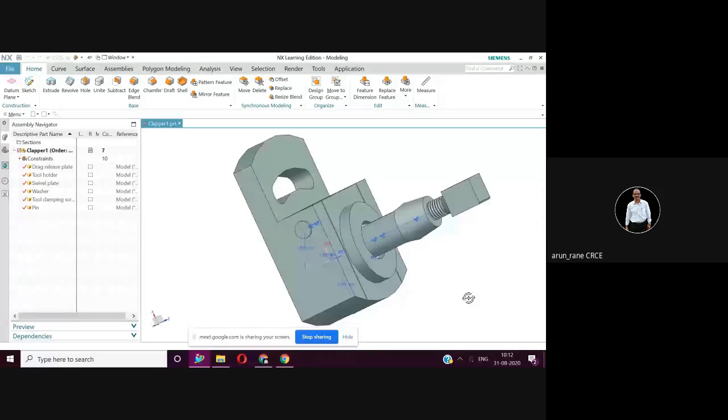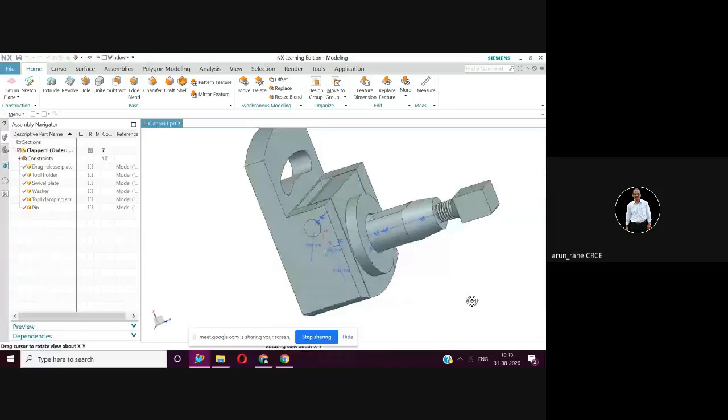Now here, what I have done: first I have taken this drag release plate. This was shown last time also. Then in the drag release plate, we will insert the second part, that is the tool holder, from the bottom. Step number one is this drag release plate.